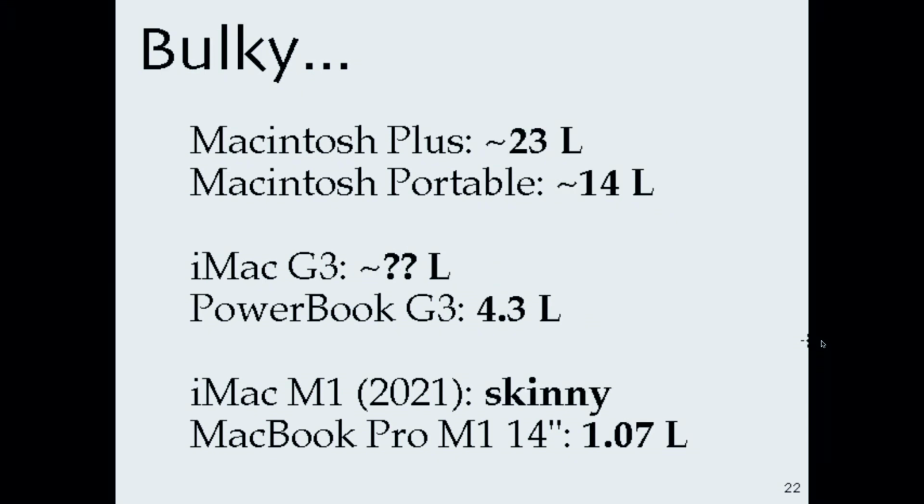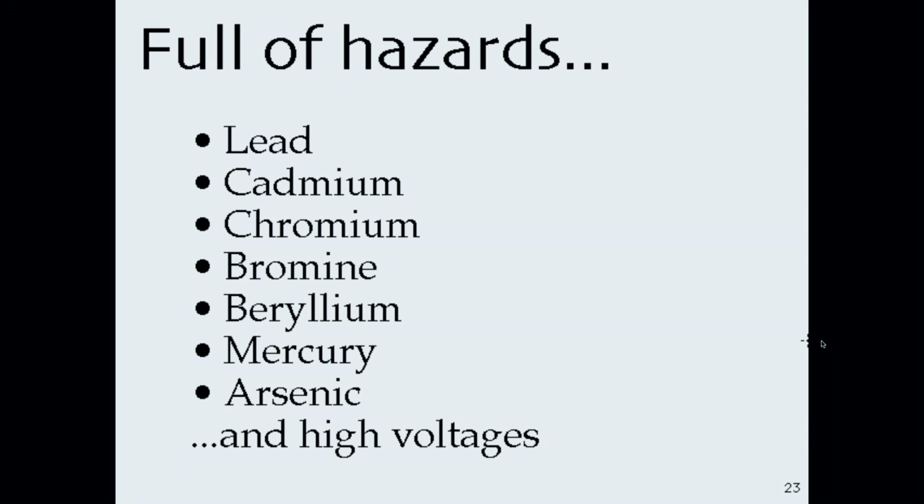They're bulky. I didn't pour liquid into the iMac to find out what its volume was, but if you just multiply its linear dimensions, it's about 55 liters. They're full of crap. Heavy metals, toxins, brominated flame retardants, depending on the age of the machine. There are reasons these are phased out of manufacturing. And if you do dare to open them up yourself, anything with a cathode ray tube, you're liable to get an electric shock because the flyback transformer generates thousands of volts.